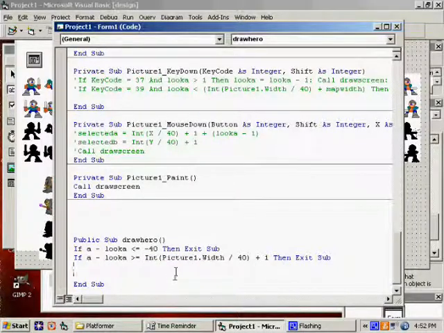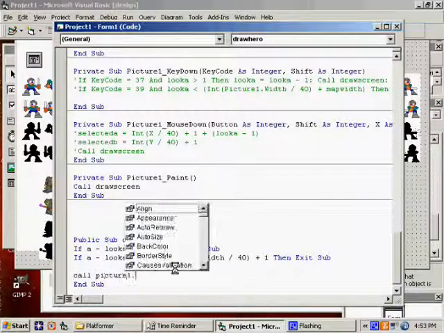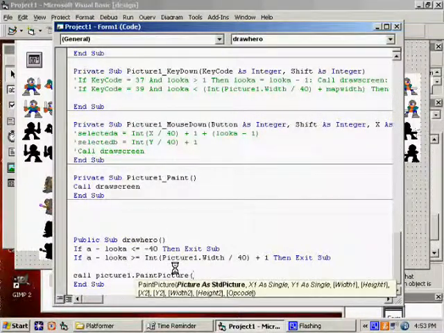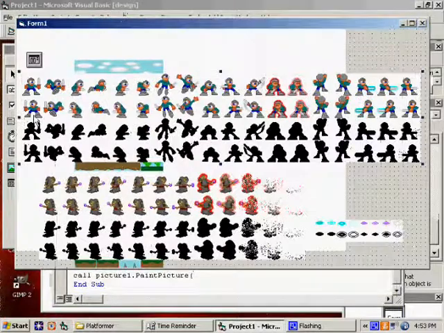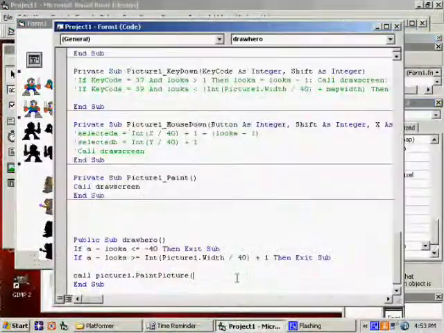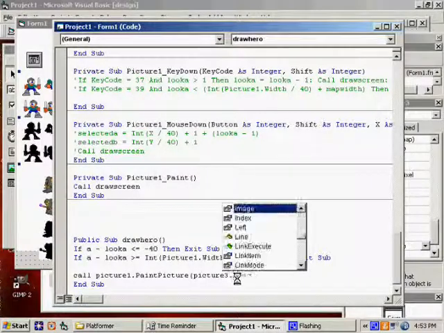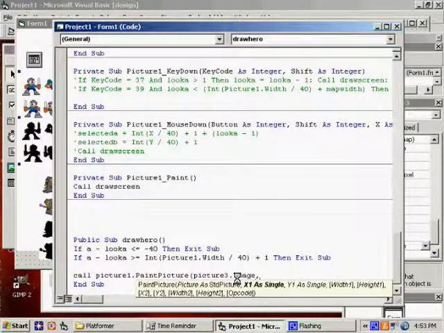So, if we've made it past both of those lines, then that means he is on the screen, so we've got to draw him. So let's call picture1.paintPicture. Now we have to put where it's coming from. I don't remember what the name of the file is. Picture3, or the name of the object. So picture3 is the one with the hero in it. .image. We want to draw him at,